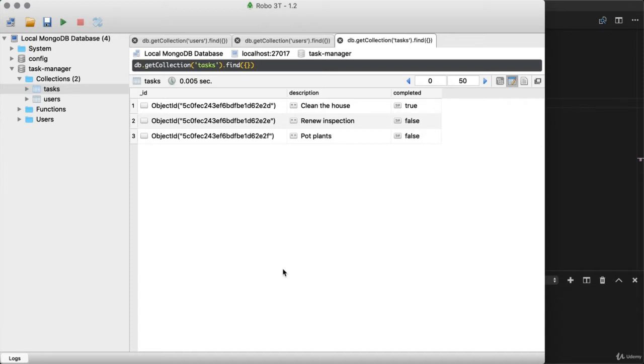With an auto-incrementing integer, it's definitely possible that we could have a user with an ID of 1 in one database server and a user with an ID of 1 in another database server, and we could eventually run into an issue where those IDs conflict. With MongoDB, we don't run into that problem.